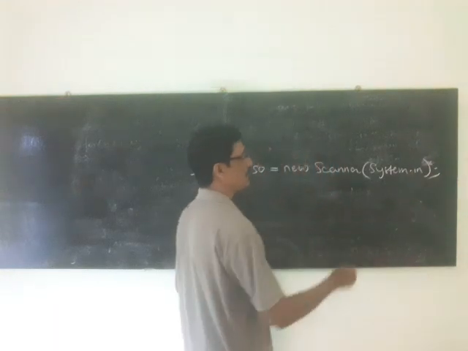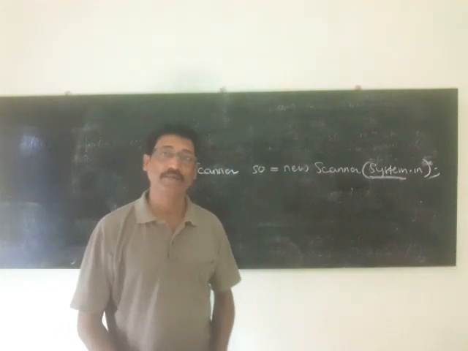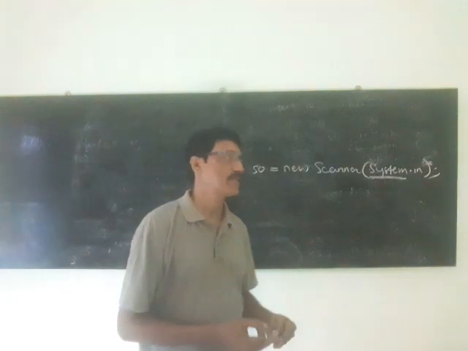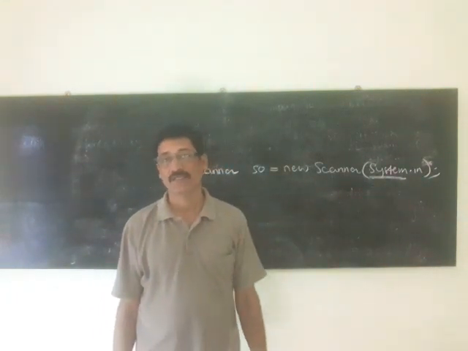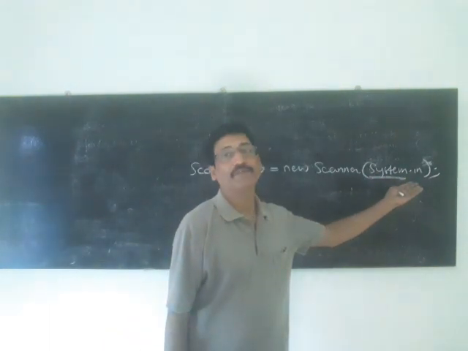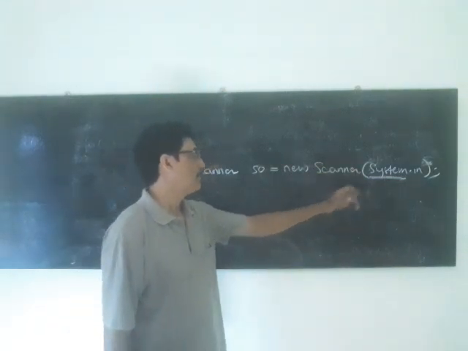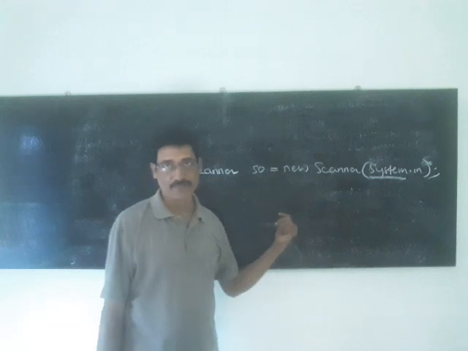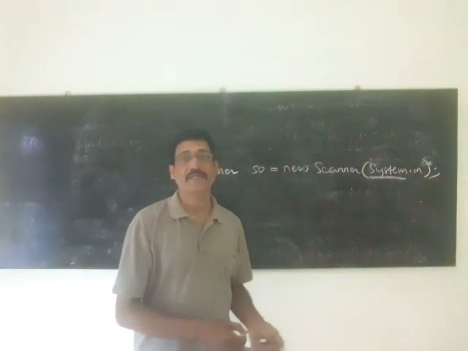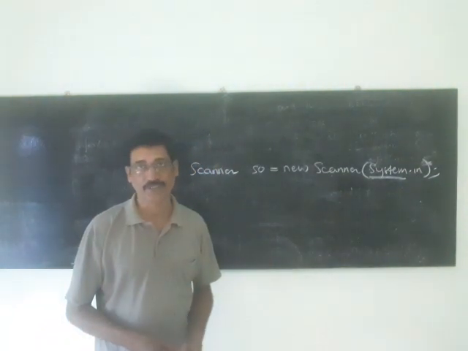System.in. System is a predefined class which is present in the java.lang package. When you input data from the keyboard, first of all it is stored in the in variable of the system class, and that becomes an object. That System.in object is passed into the scanner class. So now the input data is present in the form of a scanner object. By using different methods of the scanner class, you can transfer the data from the scanner object and store it in a variable, which you can then use.